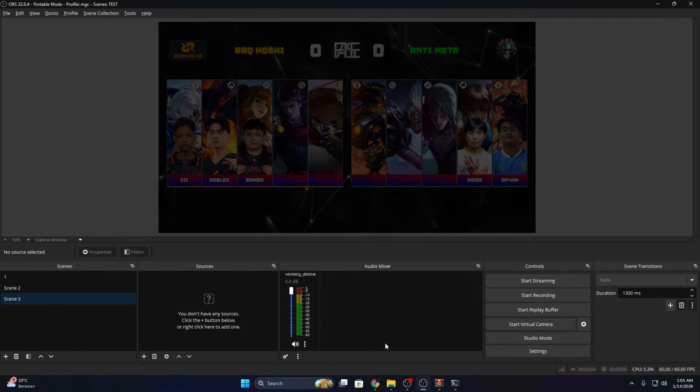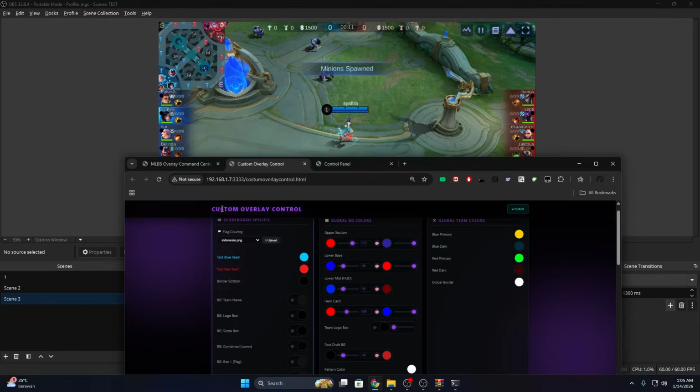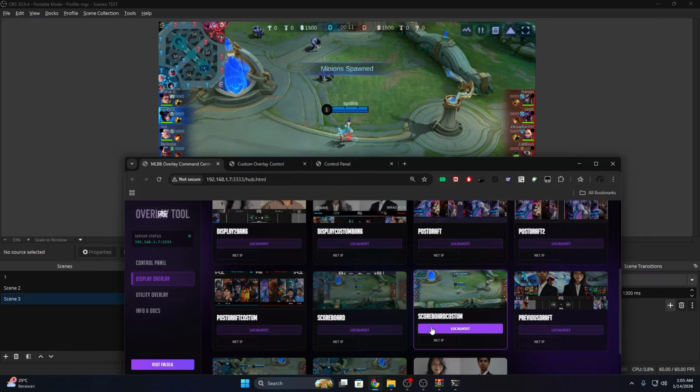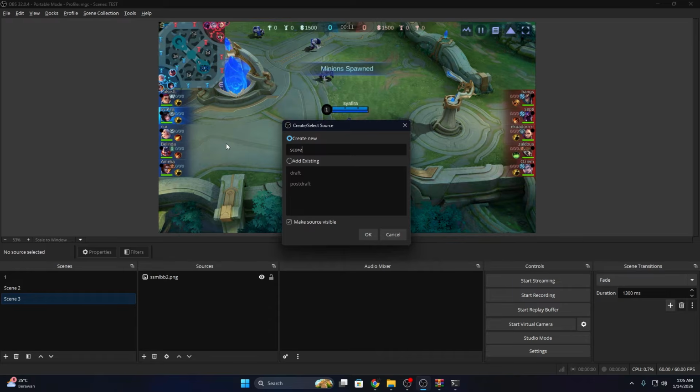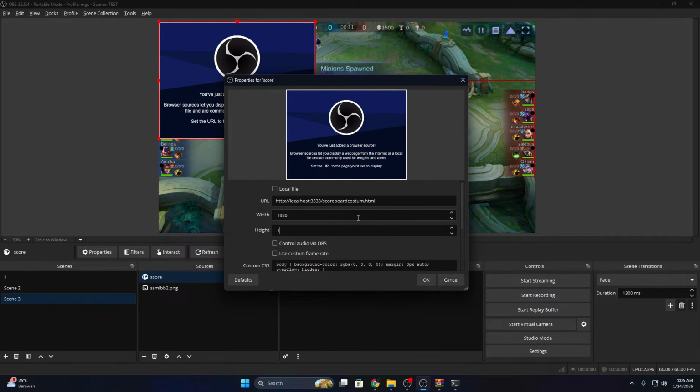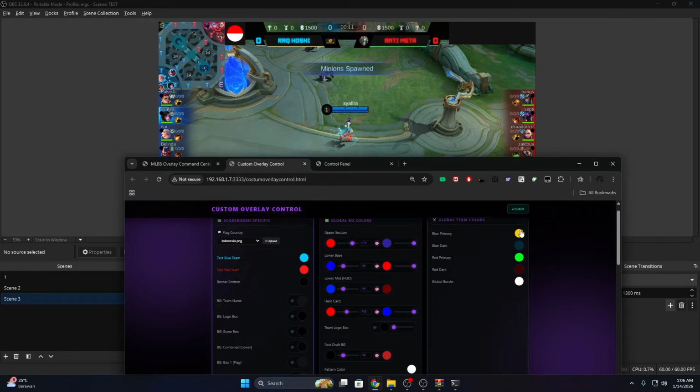So yeah, let's make a new scene and then we're going to slap the MLBB dummy here, MLBB dummy, and then just go to your hub again, find the name of scoreboard costume. Okay, this one is scoreboard costume plus browser scoreboard, paste it 1920 1080, and as you can see now this is the new scoreboard. Now as you can see it's still black, which is the default one, and the rest of it, the yellow and the green, is from the previous, but you can change it. You can change the team name colors and the background here with this scoreboard specific.